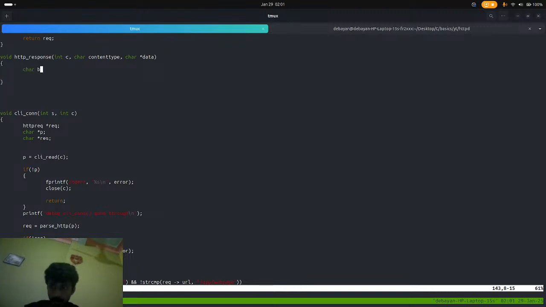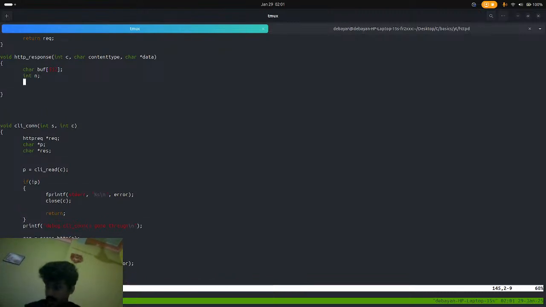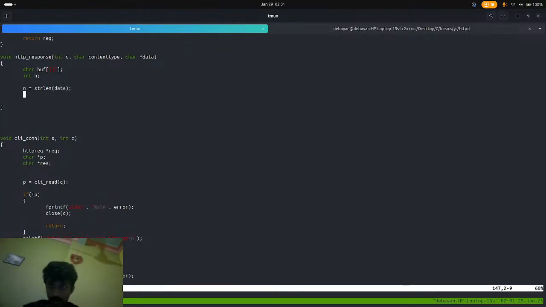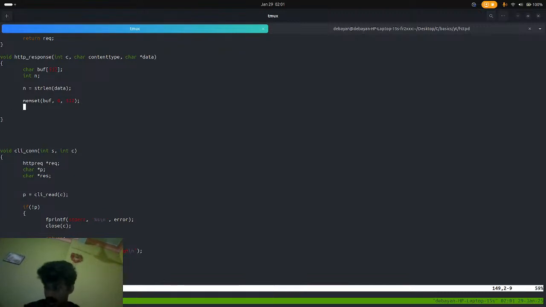Alright, and I will declare a char buffer. The buffer will be 512. It will be pretty much straightforward. And int n, and n will be the string length of the data. What will be the data that I'm going to send? So now memset will be the buffer, 0 and 512. Pretty simple and straightforward. And I will snprintf